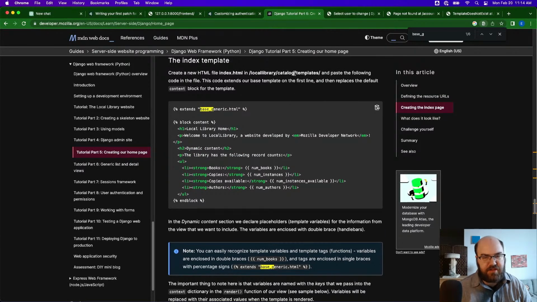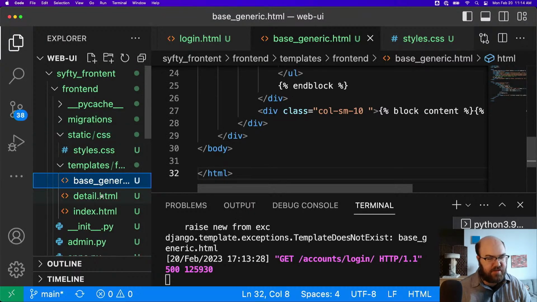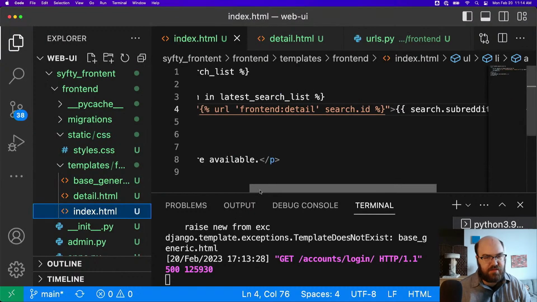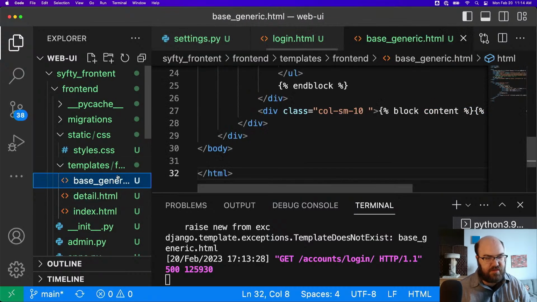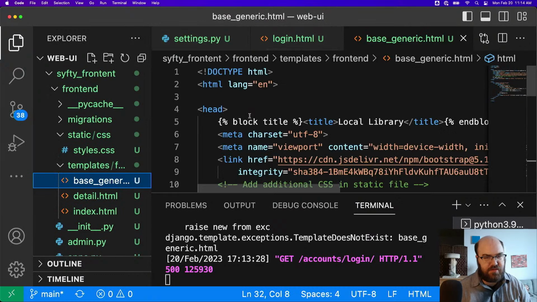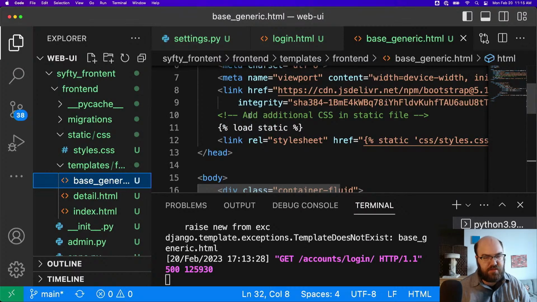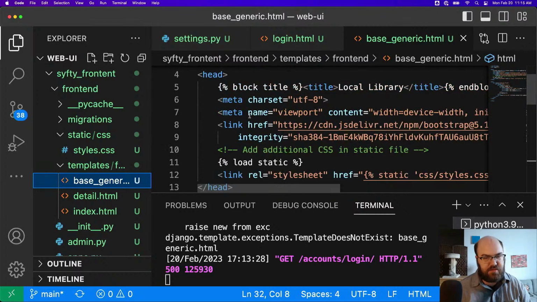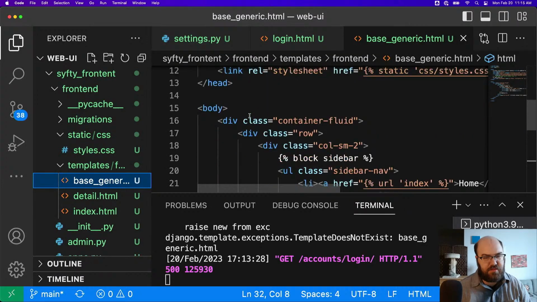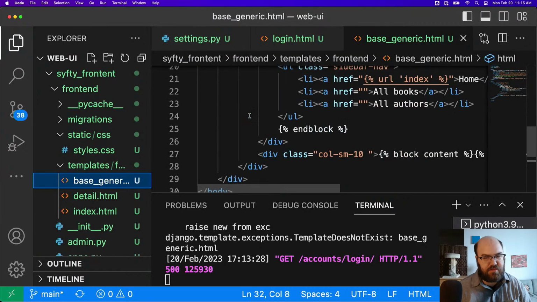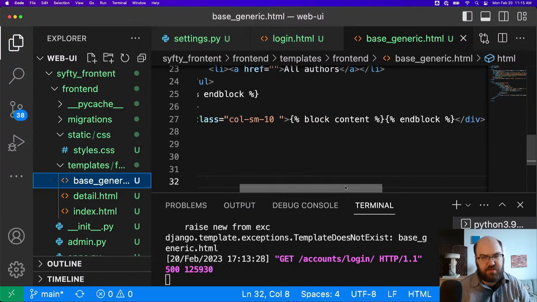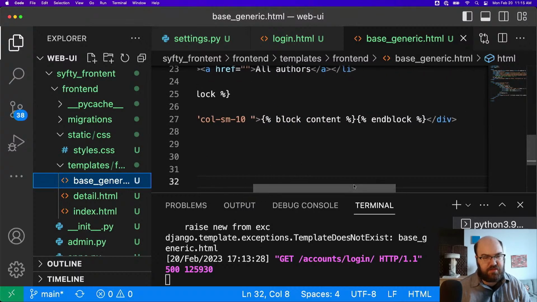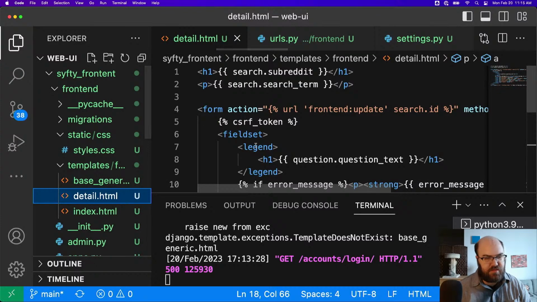Local library catalog templates, index.html. Let's see if I can get this one to... So here's block content, end block. So